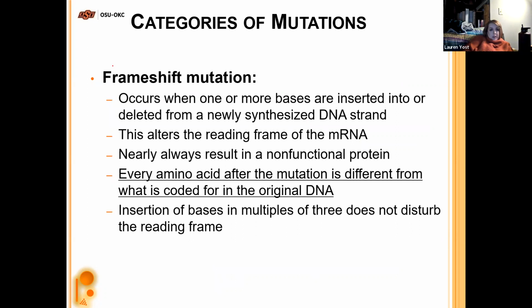Okay, frame shift mutation is another one that I want to talk about. This is the big daddy of them. Whenever there is some sort of base, a new one introduced or one taken out, that shifts the entire reading frame and changes all of the amino acids from then on. So if we insert bases, because I was talking about inserting and deleting bases, if you insert bases in multiples of 3,